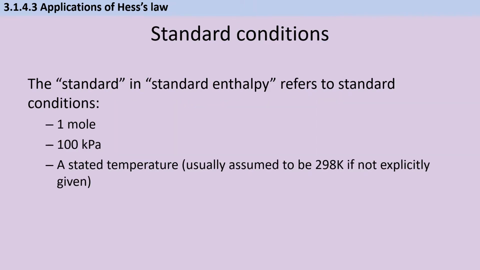You'll often find in energetics that we're referring to standard enthalpies, and this standard refers to the standard conditions. So when we're thinking about standard enthalpy of formation, we have to be forming 1 mole of a compound. In order to be considered an enthalpy change, a heat energy change must happen at constant pressure. And when we're saying standard enthalpy, that should be the standard atmospheric pressure of 100 kilopascals. It also needs to happen at a stated temperature, and if this isn't stated, we usually assume that it's 298